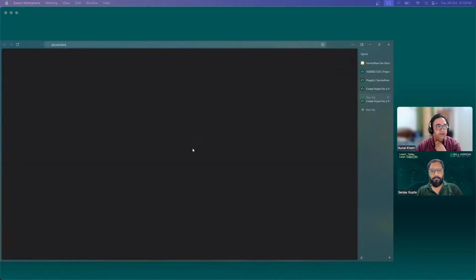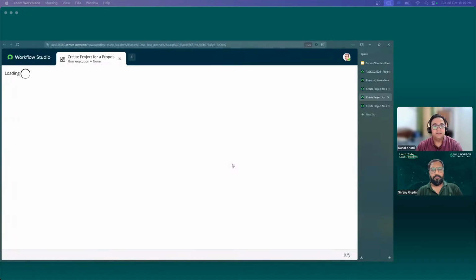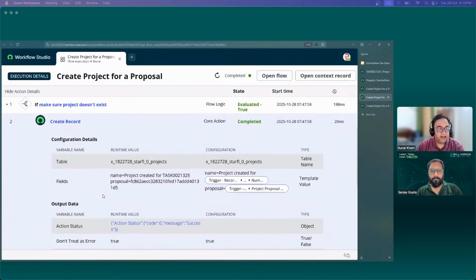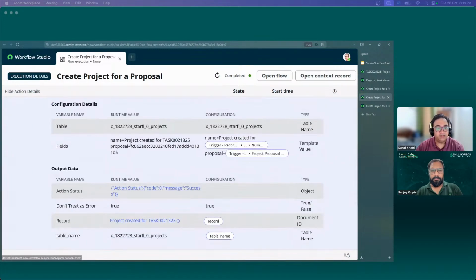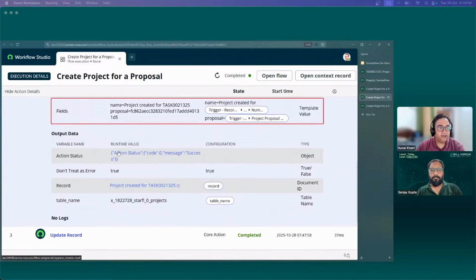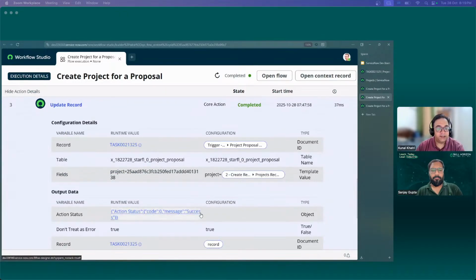And let's see if it allows us to view in operation view. And yes, you have everything that happened here. You can even open up, for example, create record, and it will show you what are the fields, the values that they use. The name value was project created for this, and the proposals GUID that was used here, and what was the output, action status, code 0, message success, and on the last update record where we updated